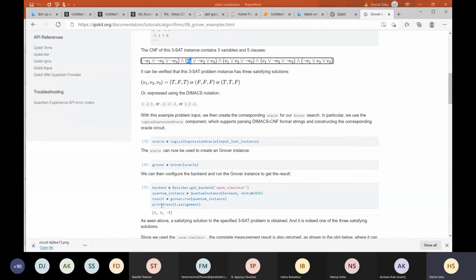So in general, this assignment is called 110. So V1, V2, V3 will be 110. This 110 is making it true. We can have more assignments also. If we apply this Grover more times, then we will get other solutions also. Let's suppose there are 2 solutions, then we will have, with maximum probability, 2 answers. If we get this kind of scenario, then these 2 will be the possible answers.